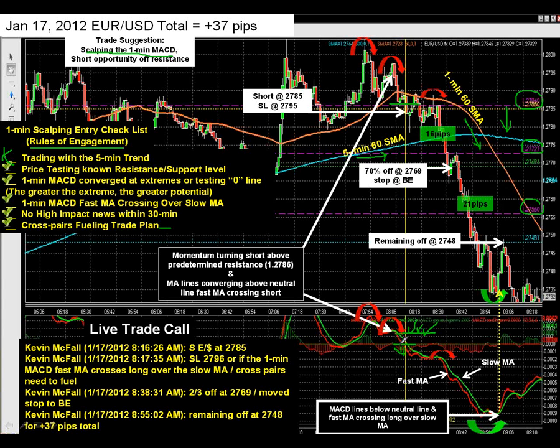And we have divergence, so we know that we do have sellers coming into the market here trying to short this euro dollar down. And as long as we have that divergence, we should see additional shorts on the euro dollar. So we entered it, and here's the live trade call. This is a live call. We traded a short at 27.85, so we got in, and my exit strategy